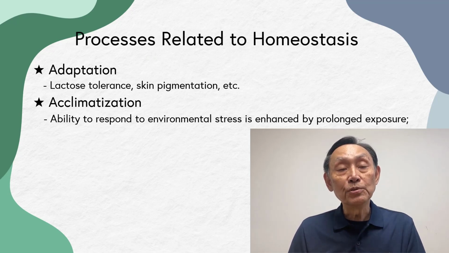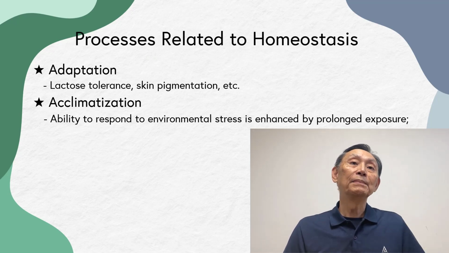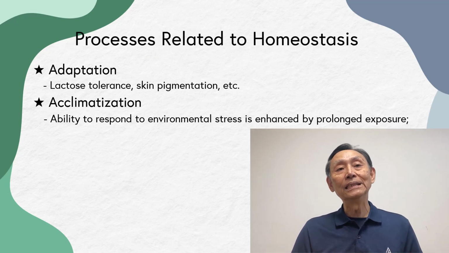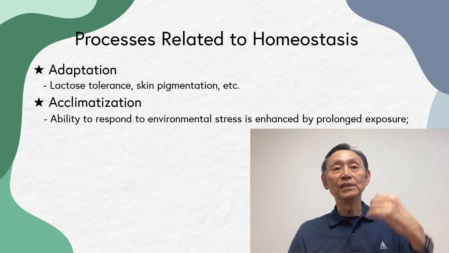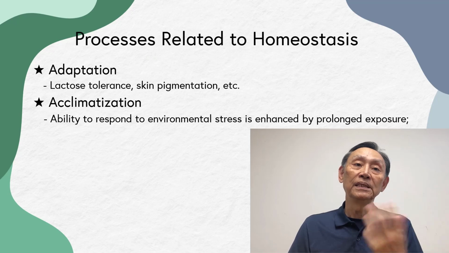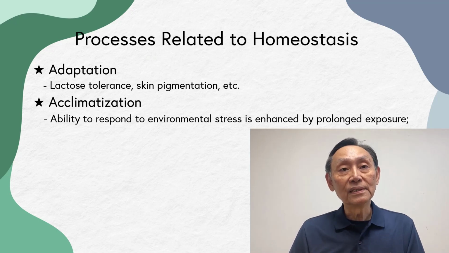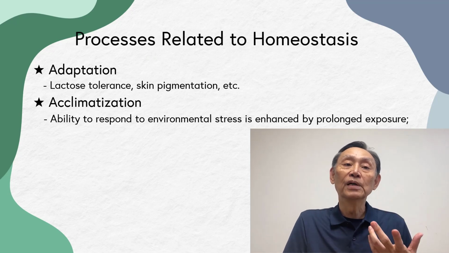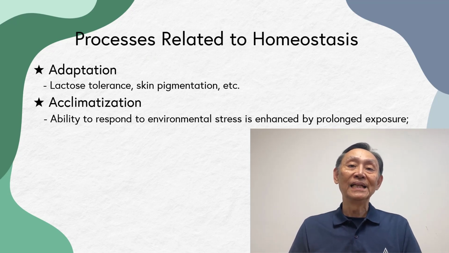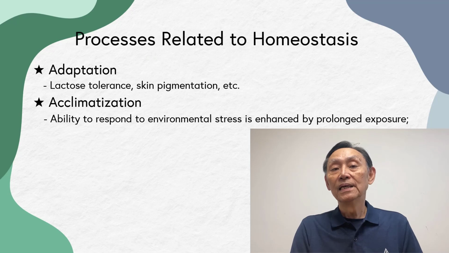But this acclimatization may not last forever. When you move to the south, you will acclimatize to heat and high humidity better. And then when you move back to the northern region and stay there, this ability will be lost. And one type of acclimatization is called developmental acclimatization. That means it is induced before a critical period, usually early in life. So you can develop kind of structural changes or some responses, and this may not be reversible.